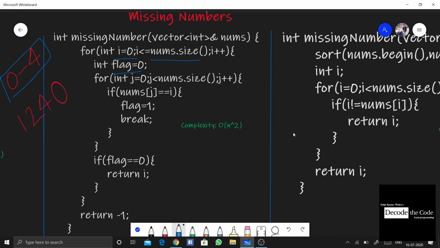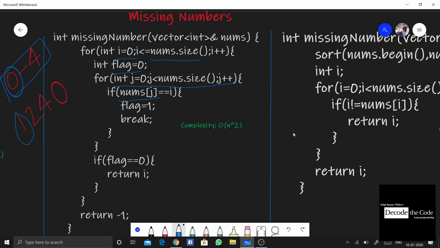As you can see, we have started from j equals 0, and we are going up till less than the size, and we are going to check the element at index j, that is the first element over here at index 0. We are going to check, is this equal to 0, because we are starting from 0, right?